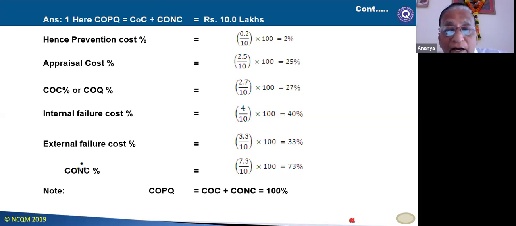The internal failure, anyway, can be manageable, but external failure is absolutely dangerous because customer is totally unhappy and he is going to tell that to 10 different people. So that is why before the dispatch takes place, take 100% okay,